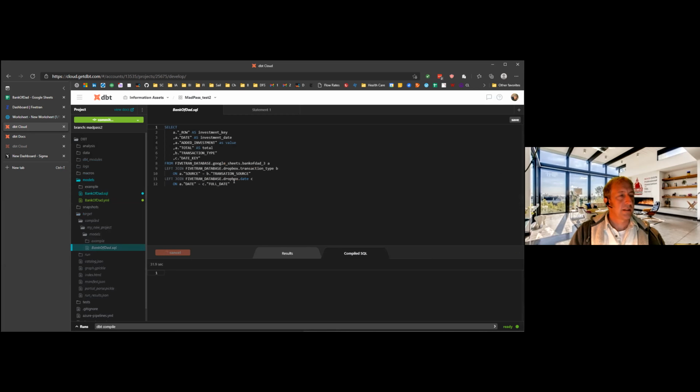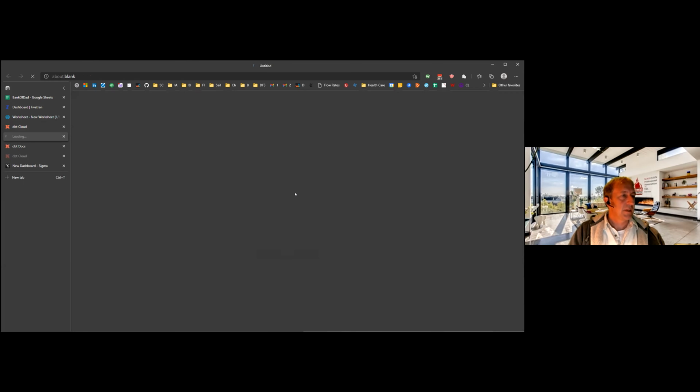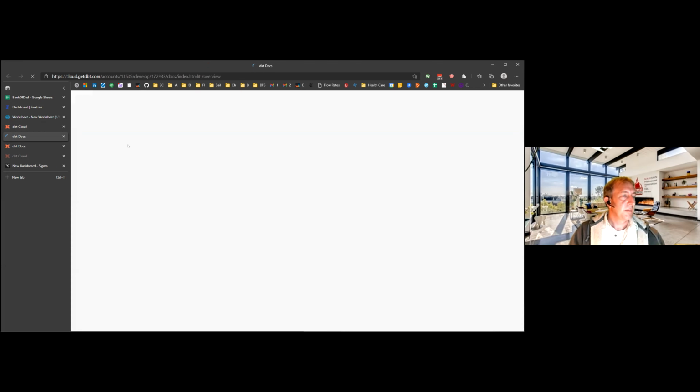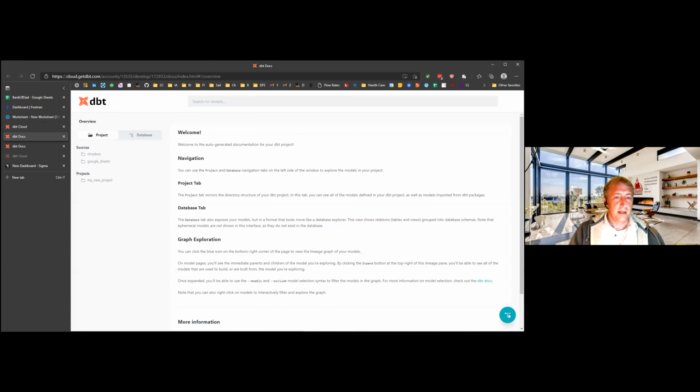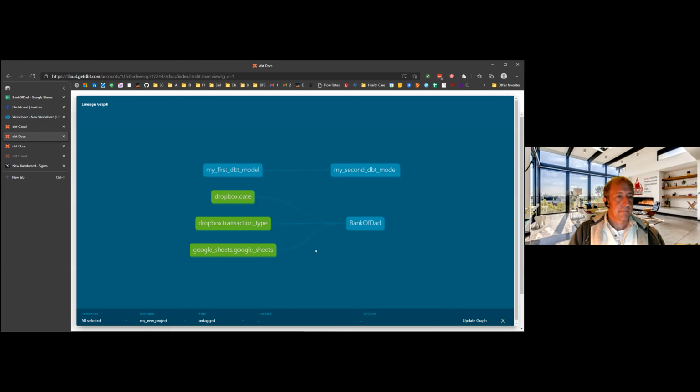Yeah, so this is what it looks like when it's translated to SQL, which is basically what you expect to see. And this was pretty simple. The main reason you would use these Jinja codes is something I'll show you right now. It's basically for metadata management. It will give you your lineage graph, so you can see what your data sources are. This is just sample data up here, but this is mine. I'm pulling date, transaction type, and my data from Google Sheets, and I'm pushing it over here.